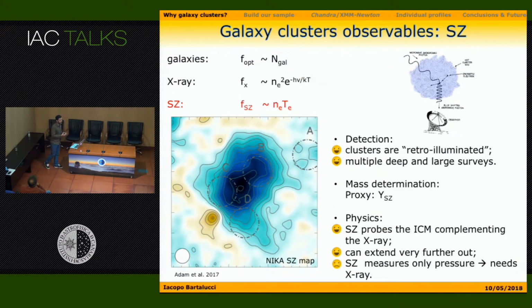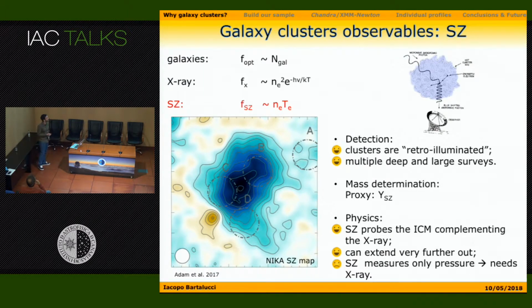SZ is really the best for detection because, first of all, when you're looking at galaxy clusters, they are somehow backlit by the CMB. So you do not suffer from cosmological dimming. That's also another good thing with SZ: there are multiple deep and large-scale surveys, for example, Planck, SPT, ACT, and so on. SZ is quite nice for mass